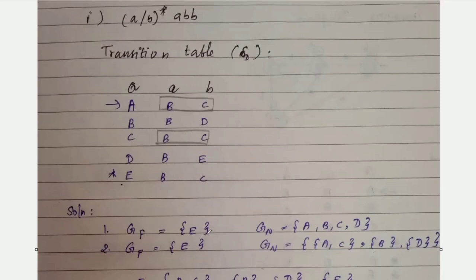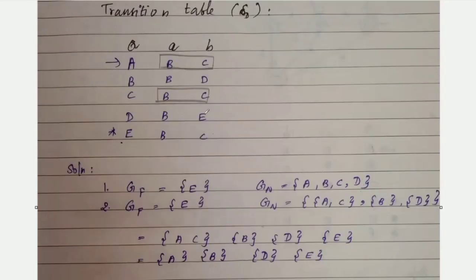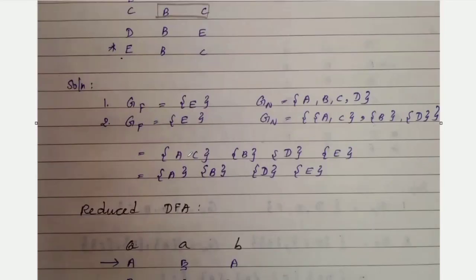So final state is E, non-final states A, B, C, D. The given non-final states, state A and C, on seeing input symbols A, B, reach BC, BC. So we are going to merge these two states, A, C, remaining B, D. Now we will get A, B, D, E. Instead of C, we will substitute A. Then remaining states are B, D, E. Finally, you will get A, B, D, E. So the reduced DFA is